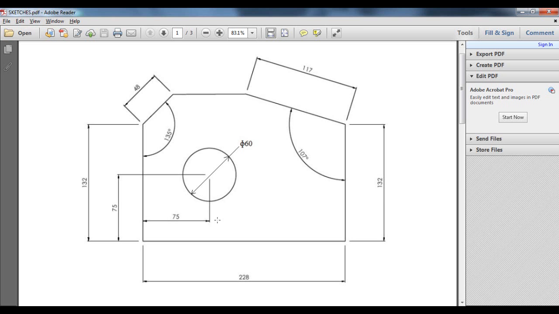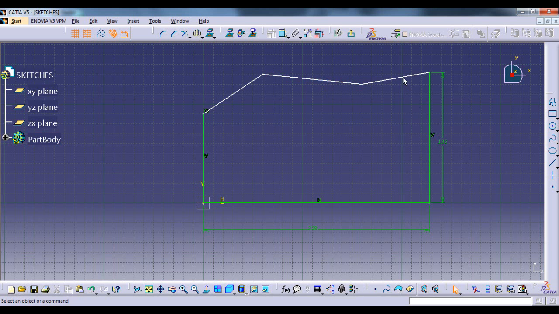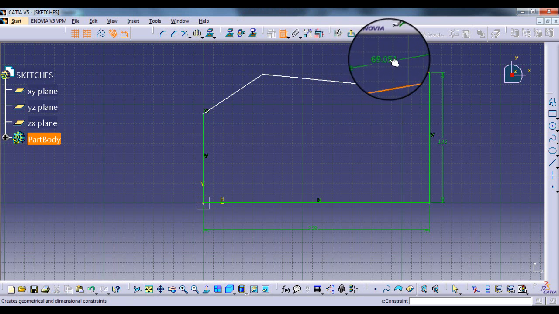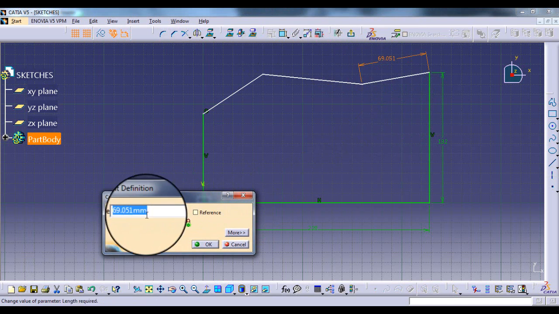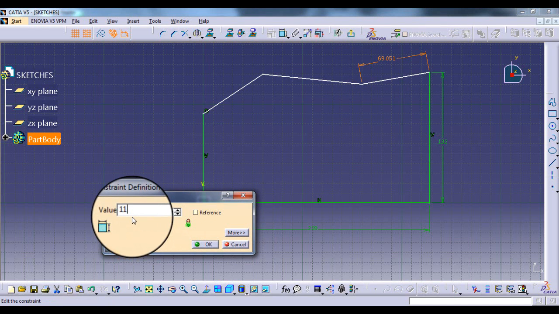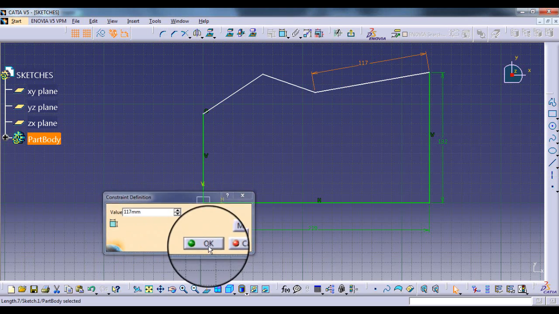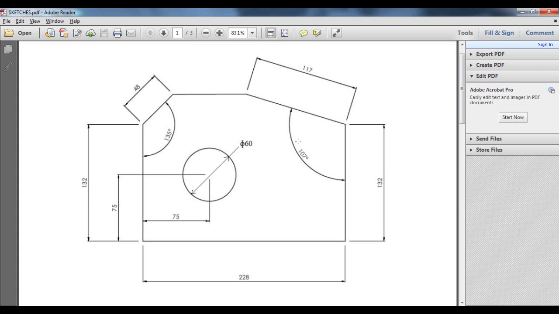Okay, so this slanting line is 117 mm, so we will do it likewise. So I will enter 117 mm. Okay, we don't know the length of this line, but we know that the length of this slanting line is 48 mm.